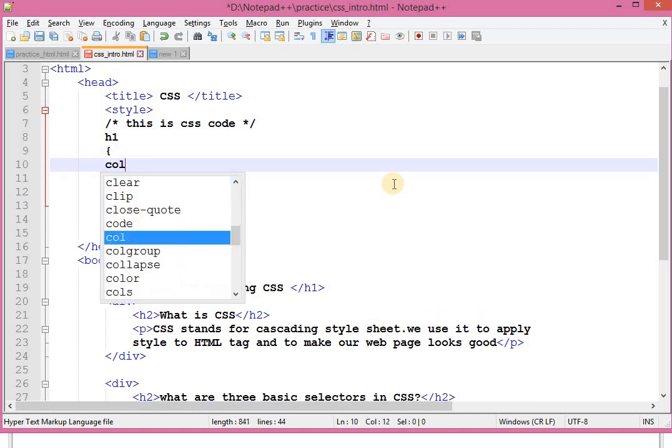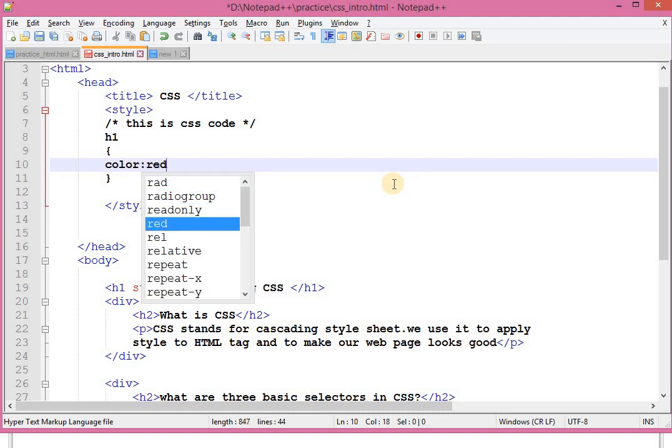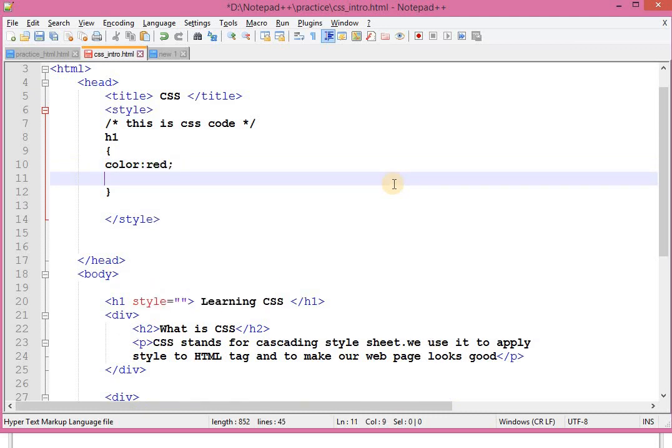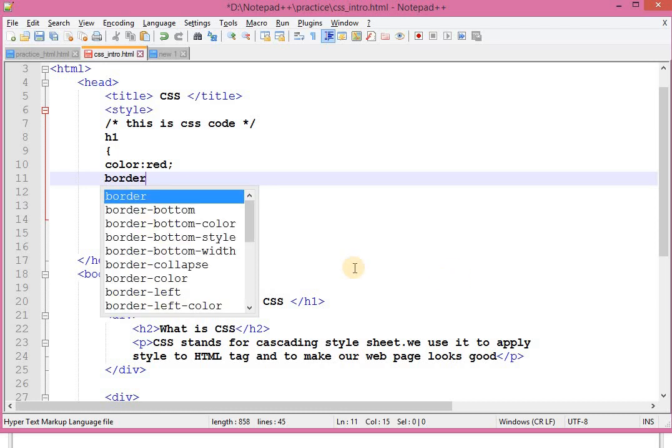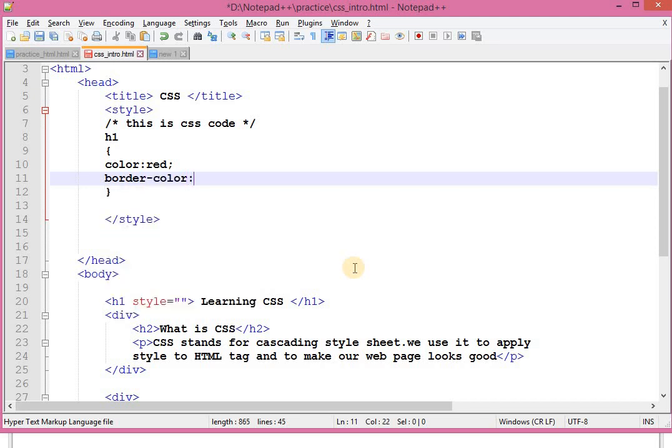What was color? Color is red. Now after that, what was the second property? Border. You can also set it like this. Border color, what is border color?